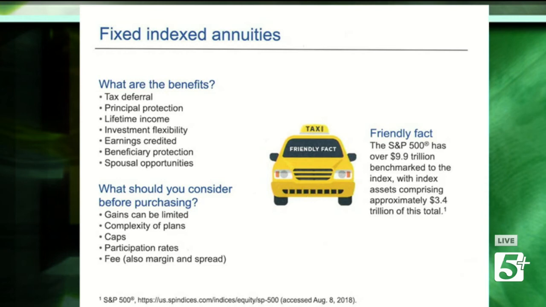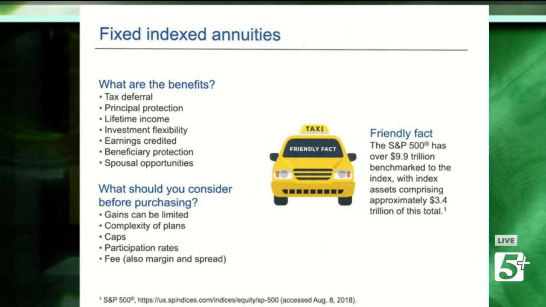That's a little too broad a statement for me, because one of the things I find is that with some of the better fixed index annuities, you could be comparing a very poor variable with really high fees to the fixed, and the fixed would be better. So make sure you're really knowing all the trade-offs, if you will, to get the right product for you. Returns are based on the changes in a securities index, though you're never directly invested in the index. Your returns are tied to it. Want a chance for upside gains in a good market, protection.